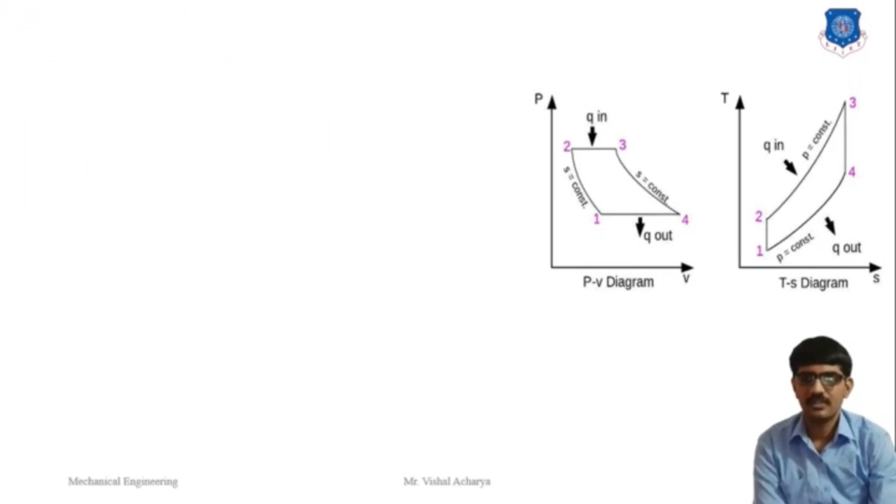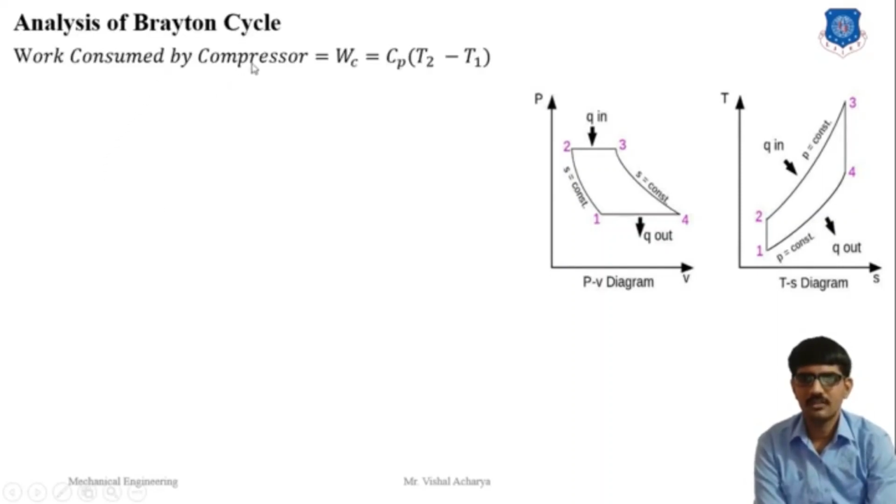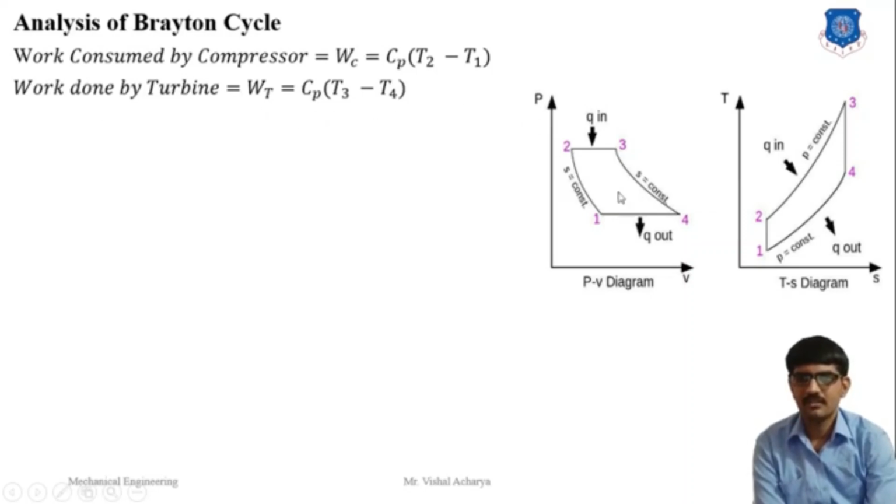First, we discuss the efficiency of the Brayton cycle, meaning the analysis of the Brayton cycle. First is the work consumed by the compressor. Here the 1 to 2 process work consumed by the compressor is Cp into (T2 minus T1). That is the compression work. The work done by the turbine in the 3 to 4 process is Cp into (T3 minus T4), and the net work output is WT minus